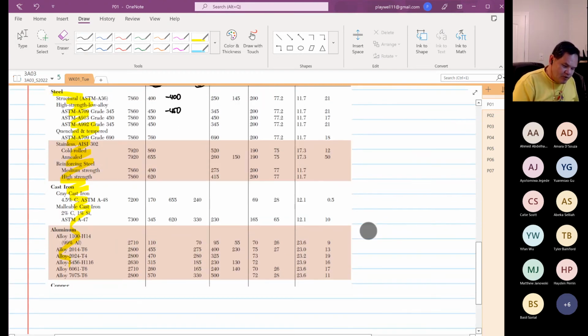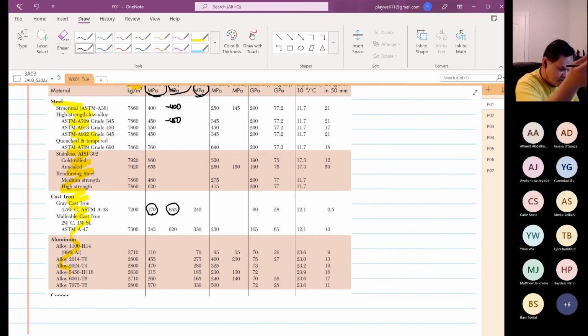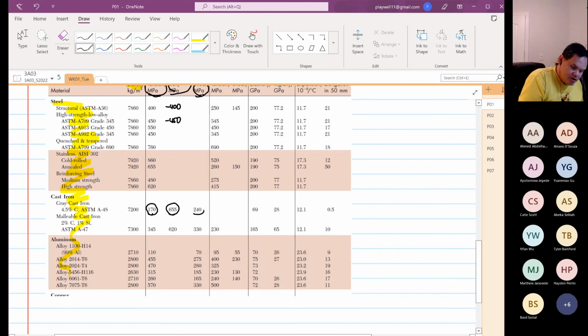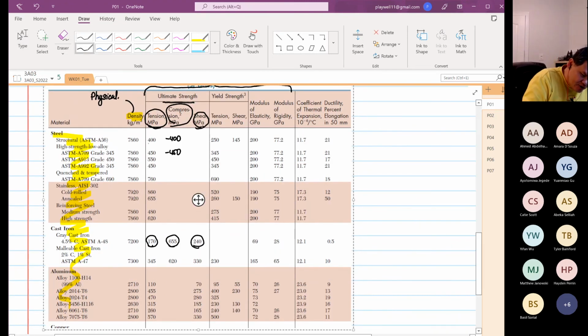If we then go into cast iron, you can see that the ultimate strength in tension and in compression are not the same. Big difference. This is a very unique characteristic of cast iron. It is better loaded in compression than in tension, and it is even better in shear relative to tension. In general, what tends to happen if tension is 140